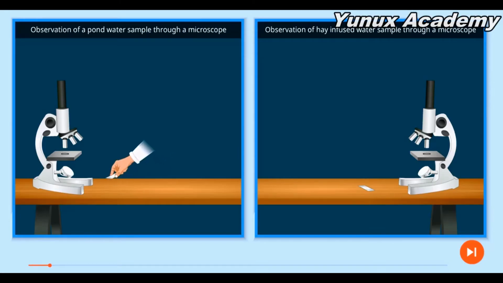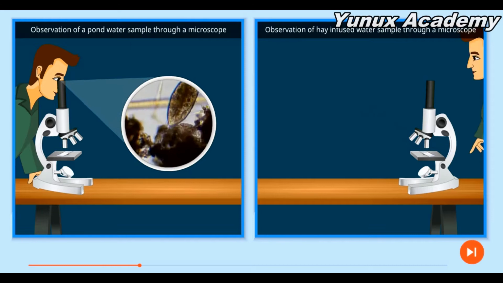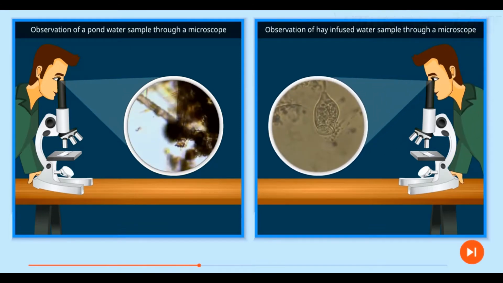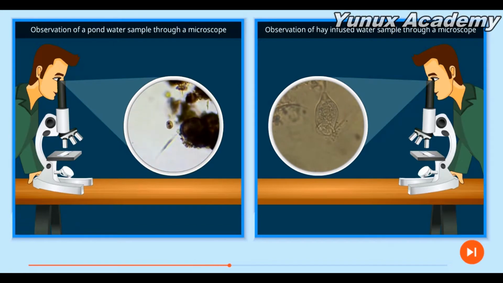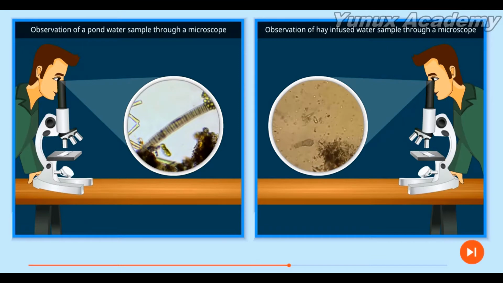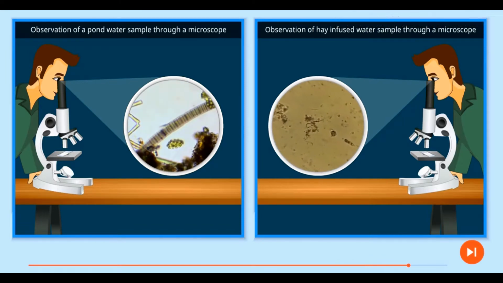You may remember, you learned in grade 7, that there are different kinds of unicellular organisms in pond water and hay-infused water samples, when they are observed through a light microscope. The organisms, which are invisible to the naked eye, and which cannot be seen other than through a light microscope, are known as microorganisms. In this lesson, we are expecting to learn about a few types of microorganisms, which live